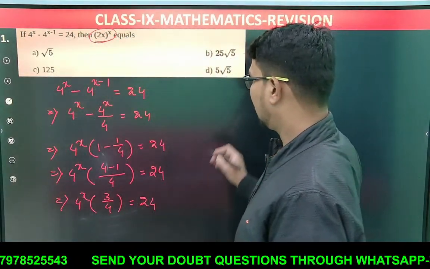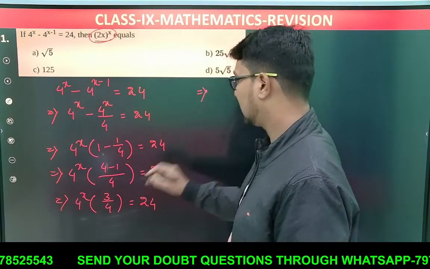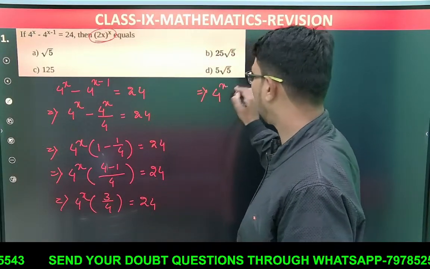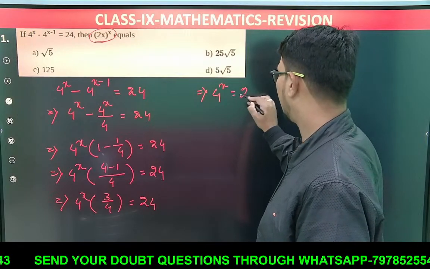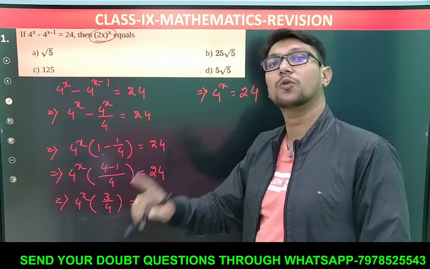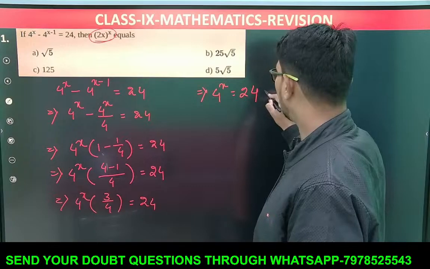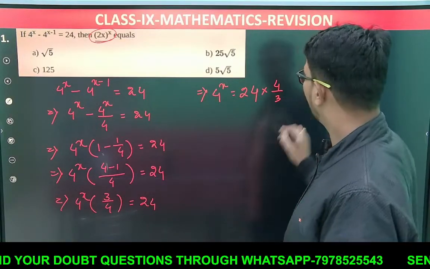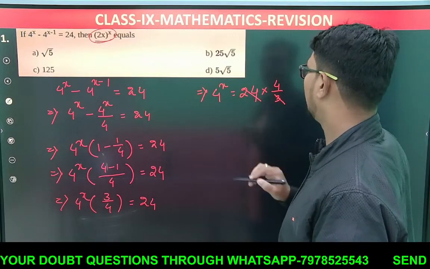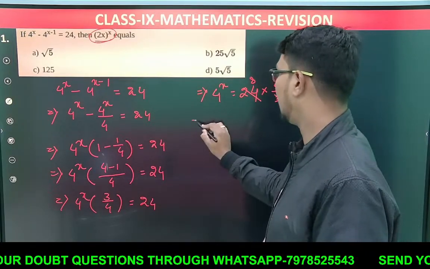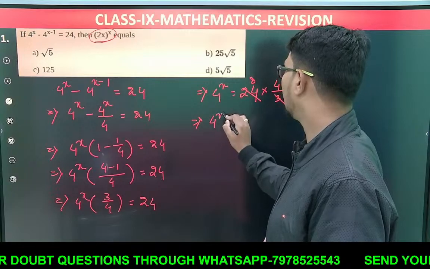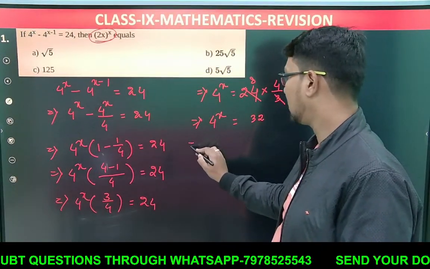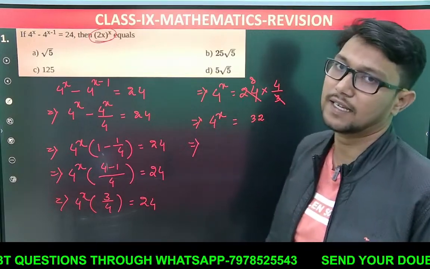So you know, children, here after that what we have to do, we have to keep 4 to the power x on the left hand side, and we have to take that 3 by 4 to the right hand side. So while taking, it will become 4 by 3, 4 by 3. Whenever we simplify, it will become 3 eights are 24. Hence 4 to the power x is equal to 32,